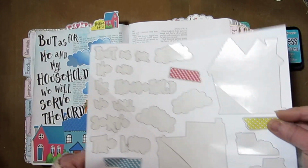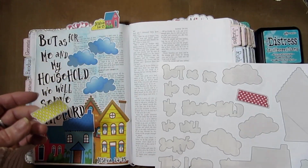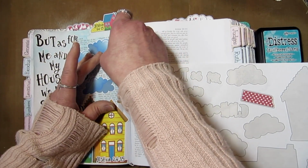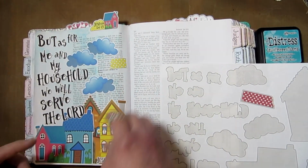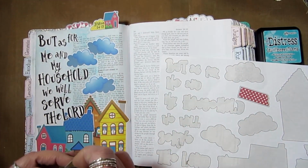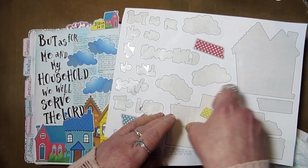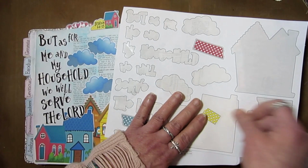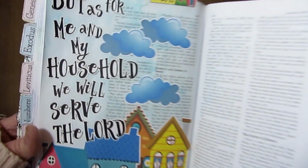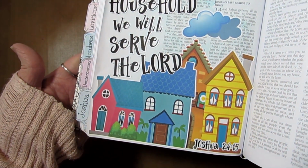Am I going to add some washi? I'm not sure. Let's see how the washi cut. Oh, the washi cut good too. And maybe I'll just rip it, because I like to kind of do different things. I don't know if I like the washi there or not. Come on, are you going to come off? Ah, you're going to be nice. Thank you. Yep, maybe I'll leave the washi off for now and play with this a bit. I'm going to find a date stamp, but easy peasy, little bit of a marbled background going on,